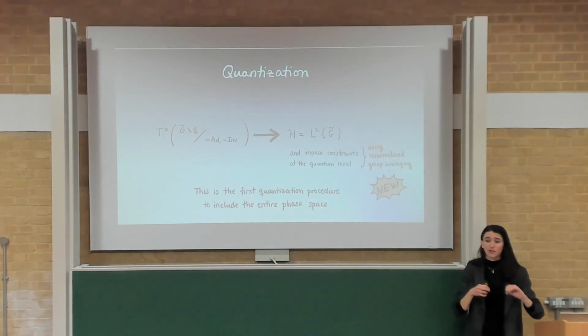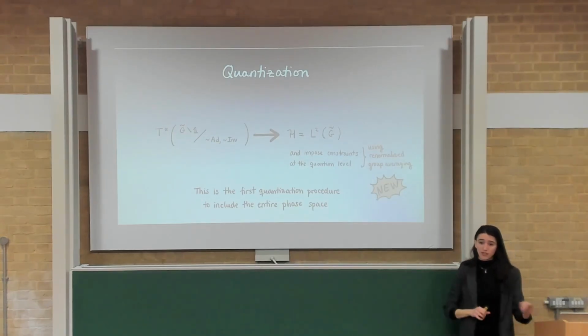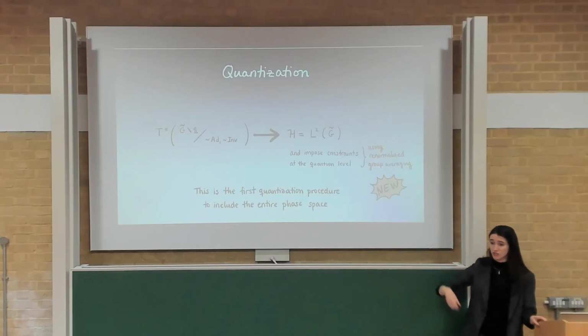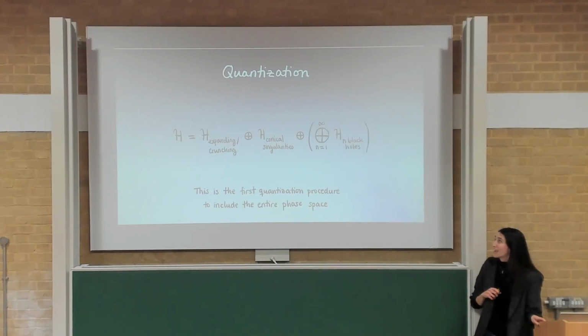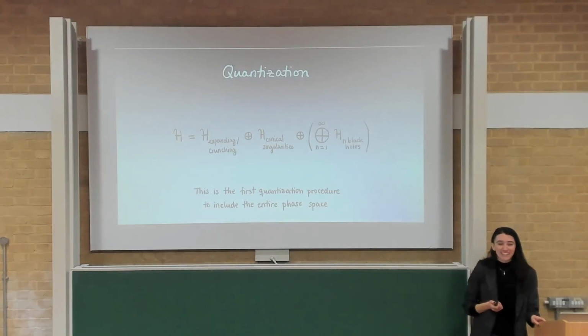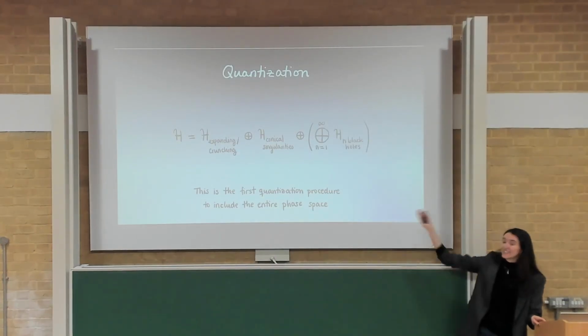I mentioned earlier some people took particular gauge fixing conditions that reduce you to just a certain subspace of the phase space. They couldn't capture basically the black hole solutions in the quantization. This is, as far as I know, the first procedure of quantization that includes the black hole solutions. And of course, I don't really have time to explain this, but this is the solution I find from